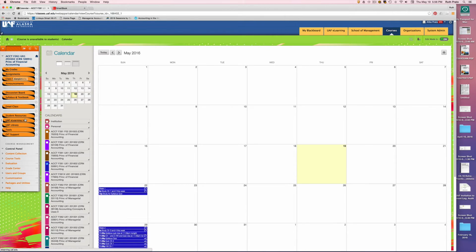The last thing I want to point out is that you have a number of student resources available in this button, plus you also have lots of tools and OIT support. So explore